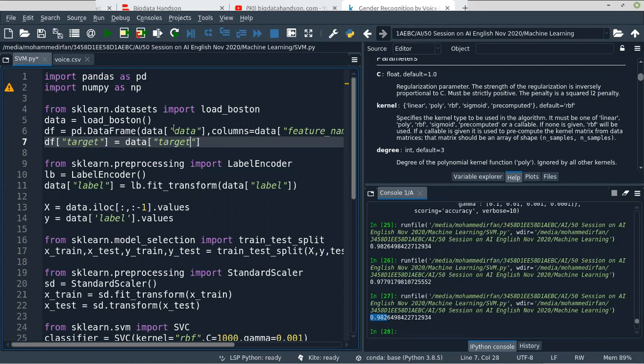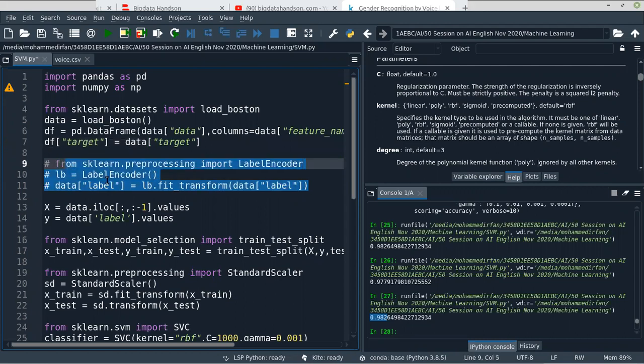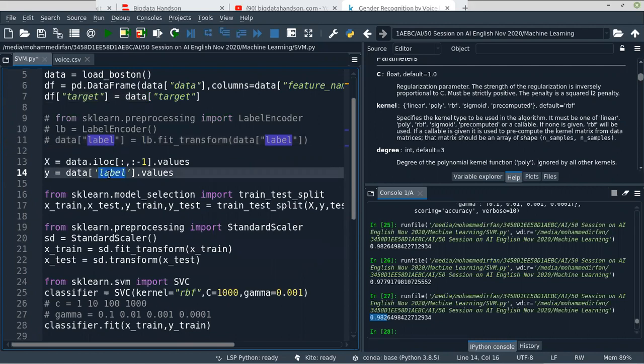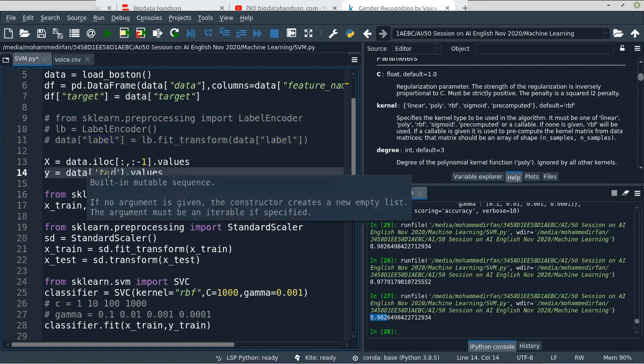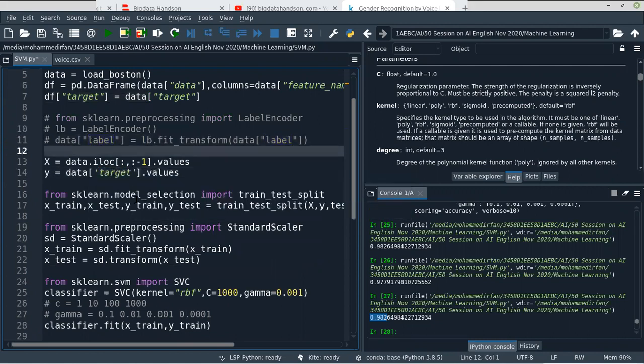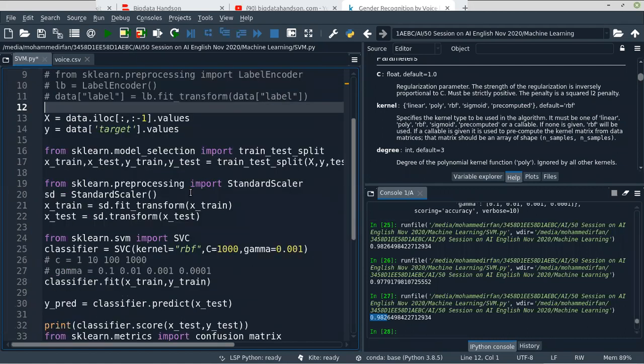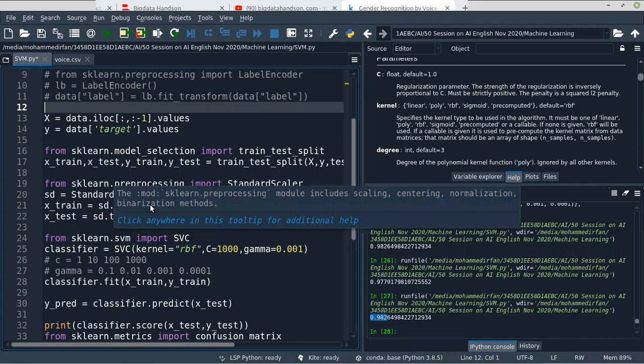Okay, so now we have this. Let me remove or comment it, and we'll select the same, but not the label. We have the target. Then we split into training and testing, and standardize the scale.